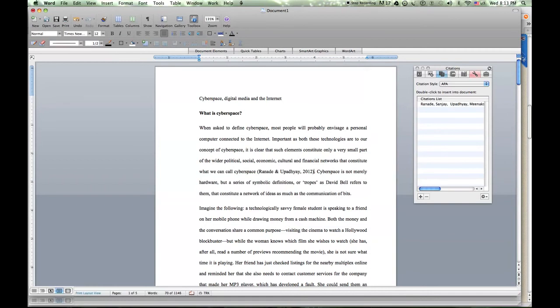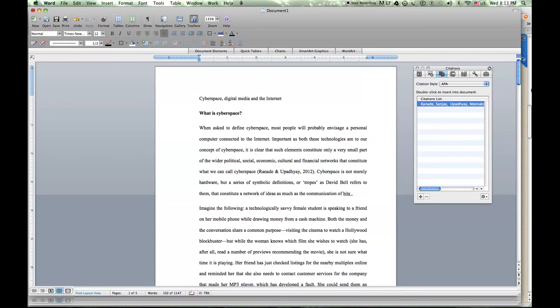Now, what I get here is this. This is the way a citation should look. This exactly has to be the way the citation should look: Ranade and Upadhyay 2012. And in your master entry, master data, you have got this citation. Right, now let's see how we can add a citation for a book.